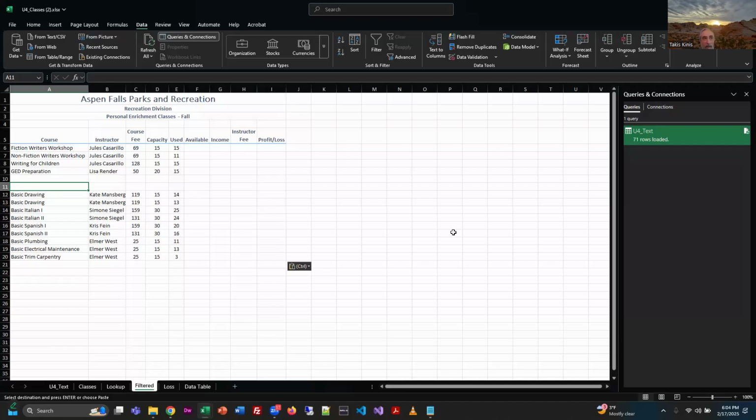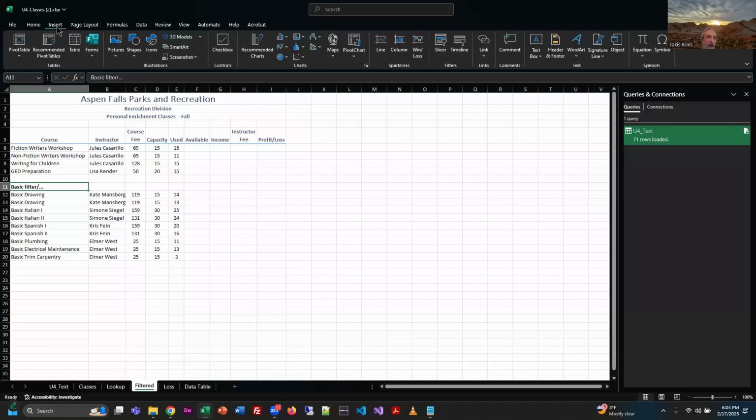I do want you to keep in mind here that you can type on the spreadsheet and say "basic filter" or whatever, and you could color it, label it, make it look nice so I could see it. Another approach, if you wanted to insert information for me to read in here, and a lot of people aren't aware that you can do this, you can also add pictures and shapes and weird things like that. But one of my favorite things to throw in an Excel spreadsheet is a text